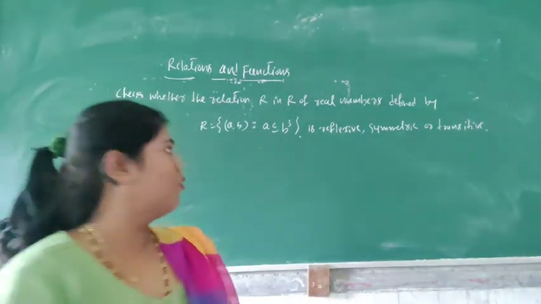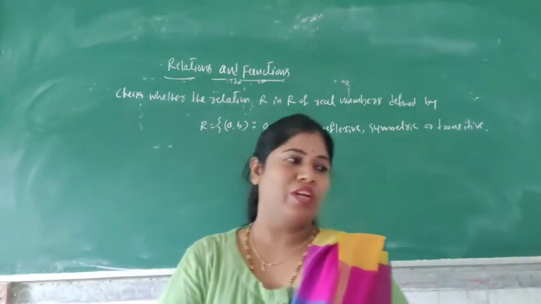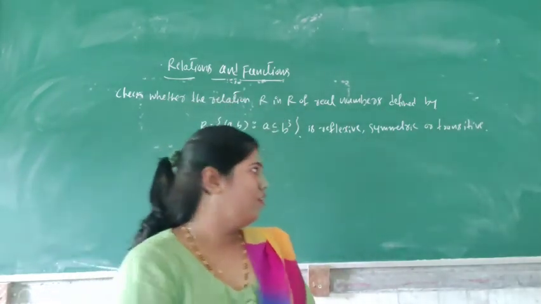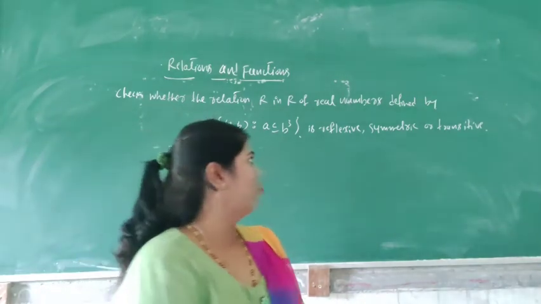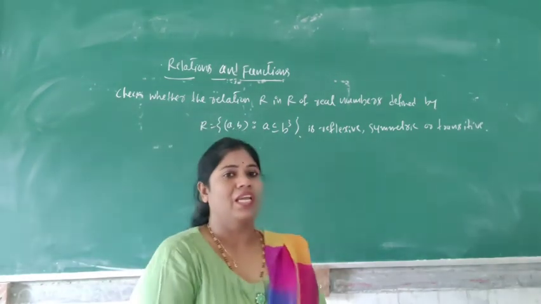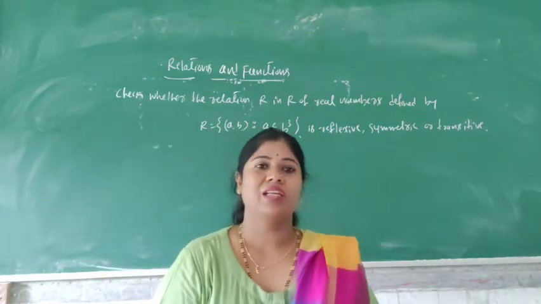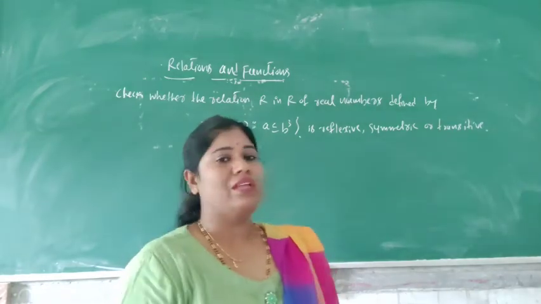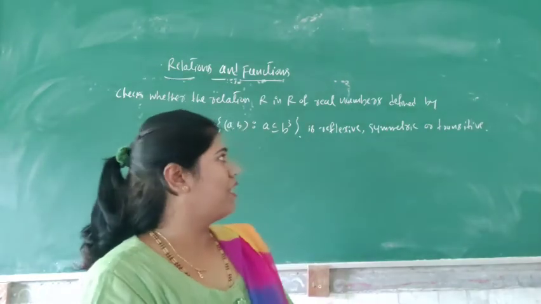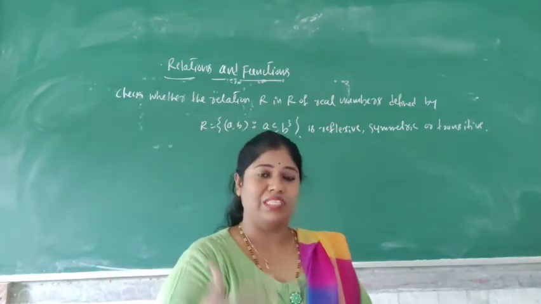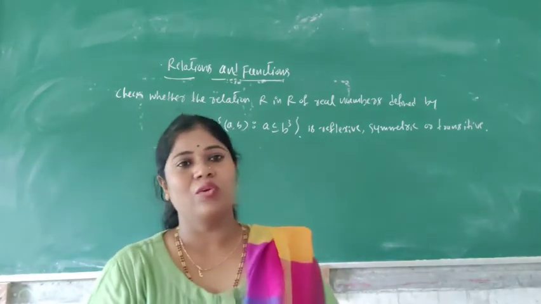Before this, we should know what real numbers are. Students should know this. Otherwise, we don't know what we are going to do. Okay? What are real numbers? Any number that can be found on the number line is called a real number. Any number on the entire number line. The entire number line is the real numbers. This is the universal set. The real numbers are considered as the universal set.